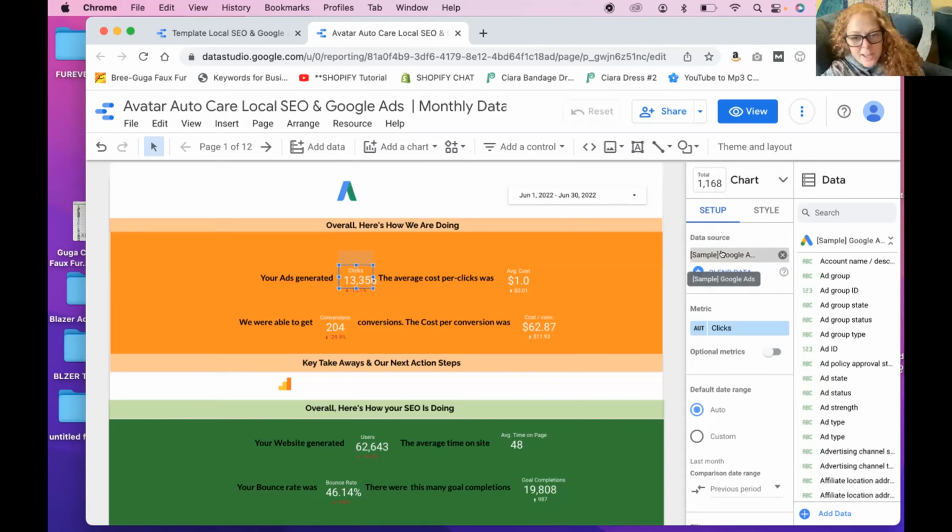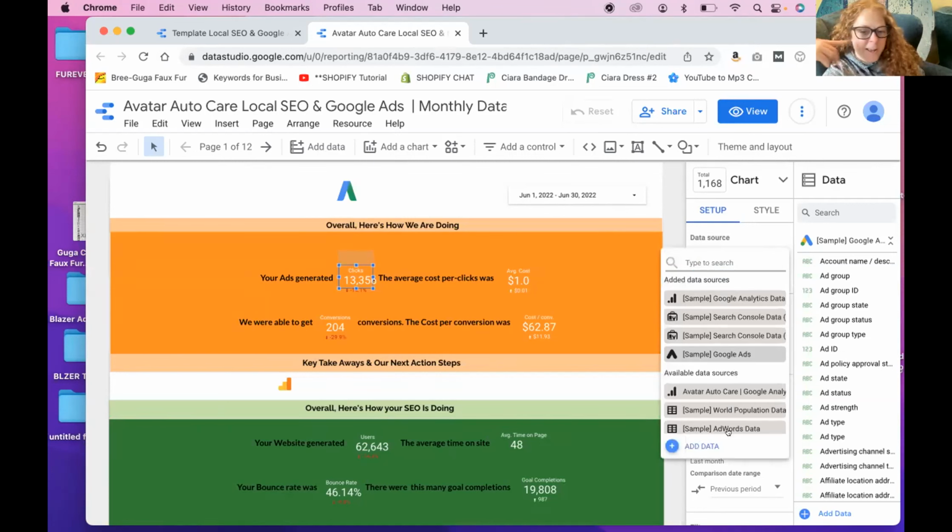Technically it's actually a real account. It's Google's real account, but they let you use it to play around with. See it. Okay. So click on that sample data where your mouse is, yeah, and then go to add a data source at the very bottom. Now,